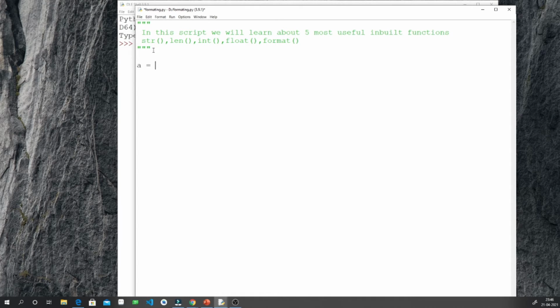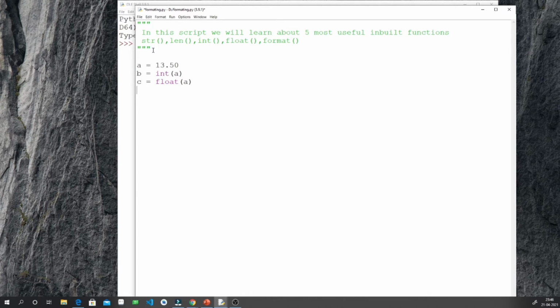So let me create one variable and I will give a floating point number here, and let us create another variable that will convert the floating point to integer, and the third function will convert it into floating point.